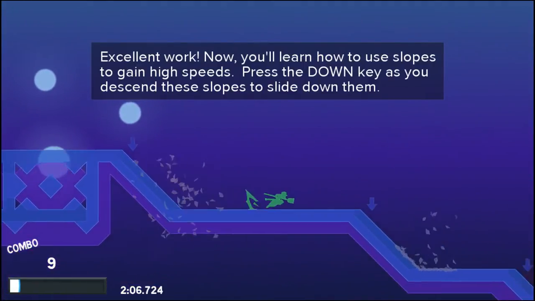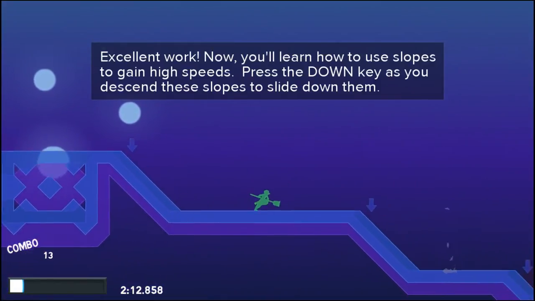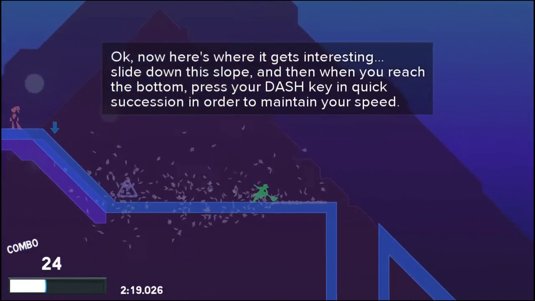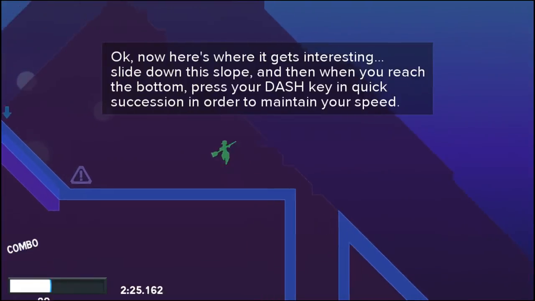You can slide down hills. Actually, let me go back and show you something. If you slide down the hill, you go pretty fast, and when you come out, you're going fast, right? Great. But here's a good one. Yeah, they're teaching me this now, although it's a bit hard. If you're sliding down the hill and you start dashing, you actually get to go...